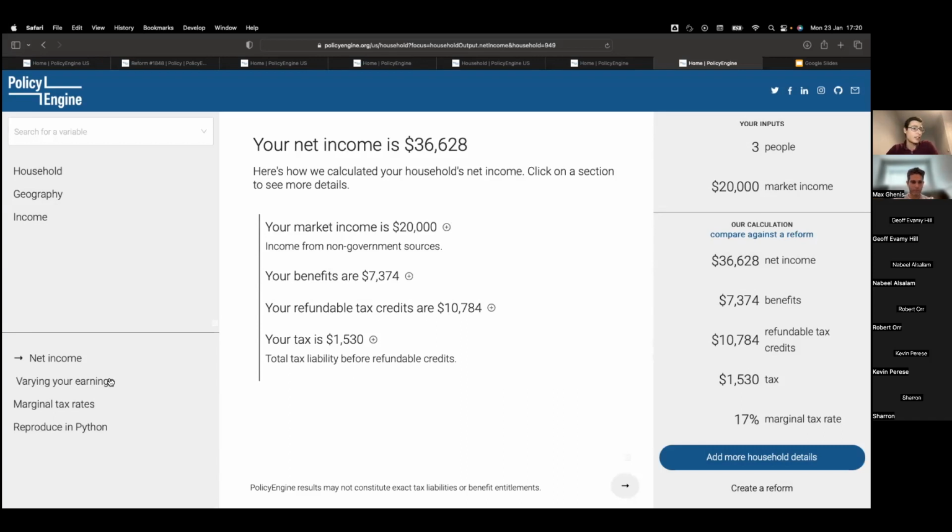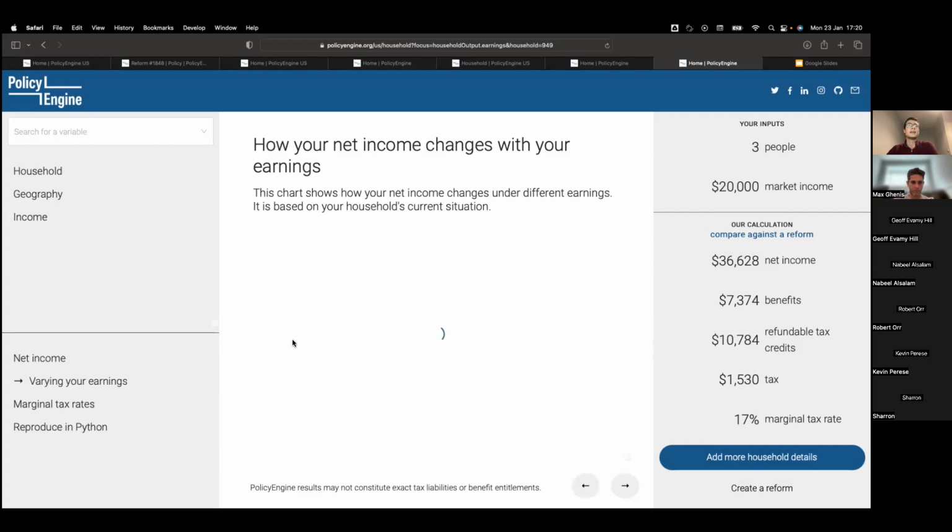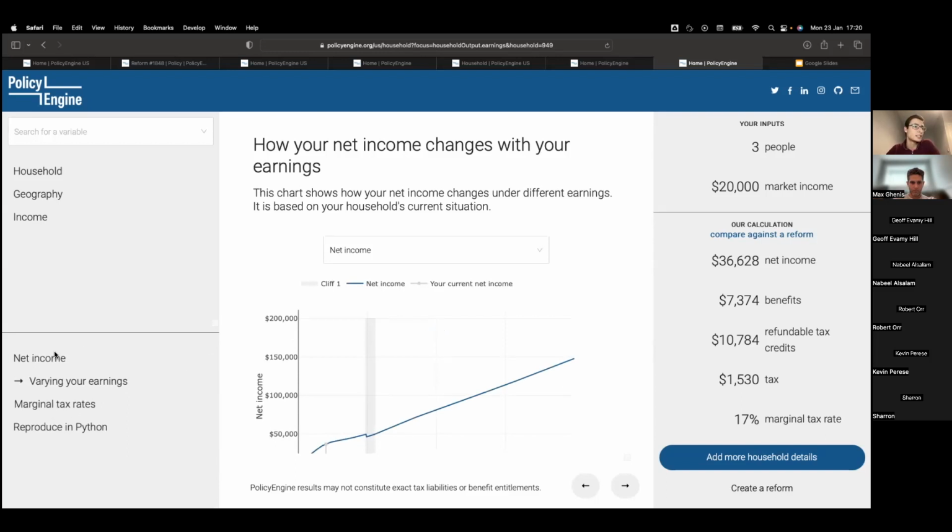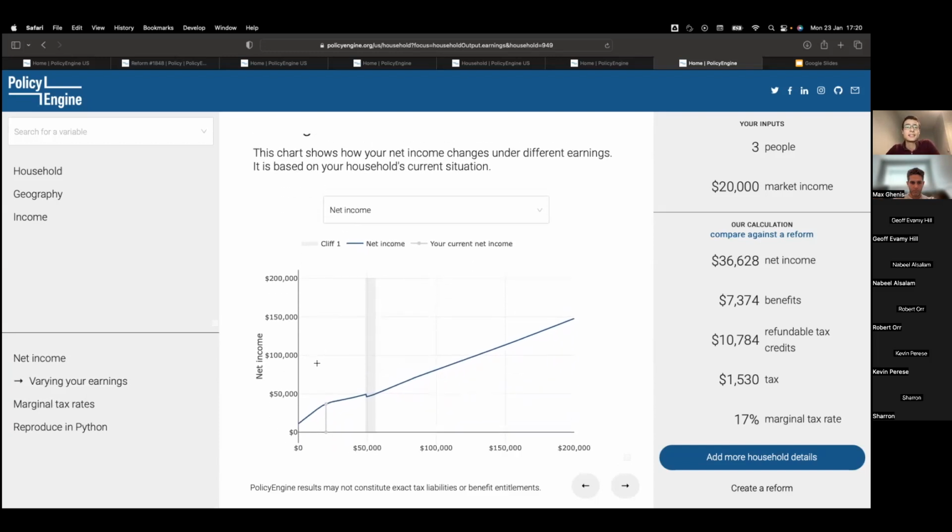And the other thing here that is pretty new is we can see not just what your current situation is as you've just put it in, but a pretty common axis of variation here is what's the effect of having different levels of earnings. And so what we can do here on this chart from varying your earnings is we can take the simple input that you've taken and vary your employment income from 0 up to $200,000.